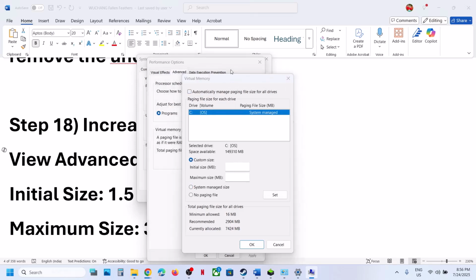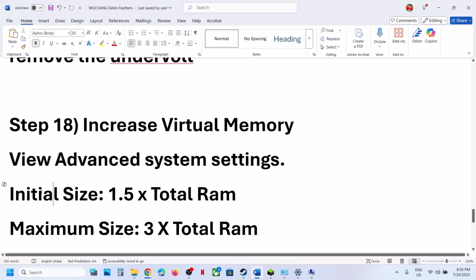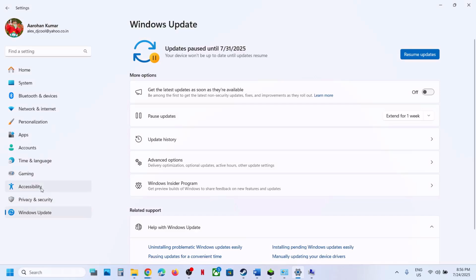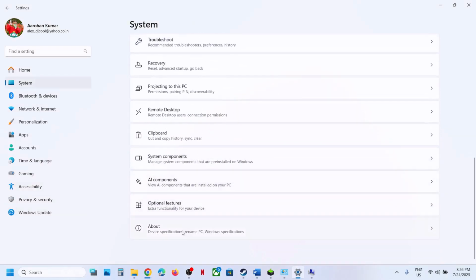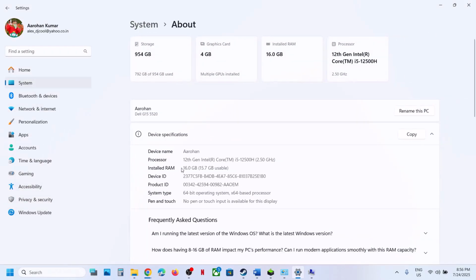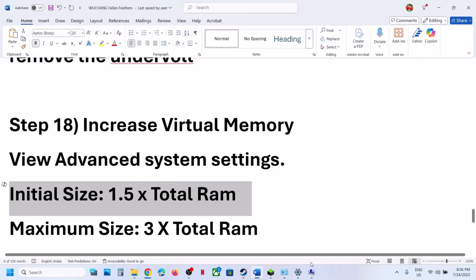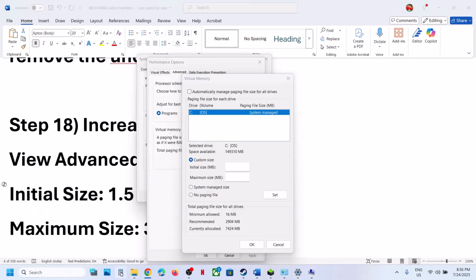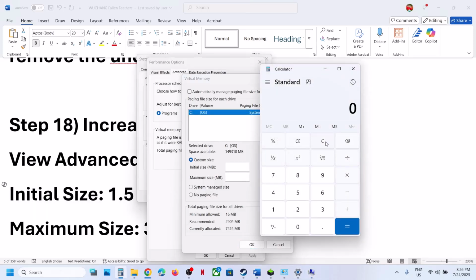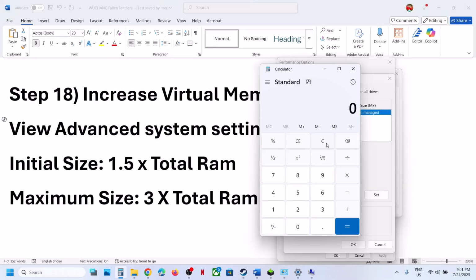And over here, the initial size will be 1.5 multiplied by total RAM. For this, open Windows settings, go to System, and then go to the About option. Over here you can see your RAM. In my case the RAM is 16 gigabytes, so we have to convert gigabytes into megabytes. For me it's 16 gigabytes, so 16 into 1024, that is the total RAM in my case, and into 1.5, that is the initial size,